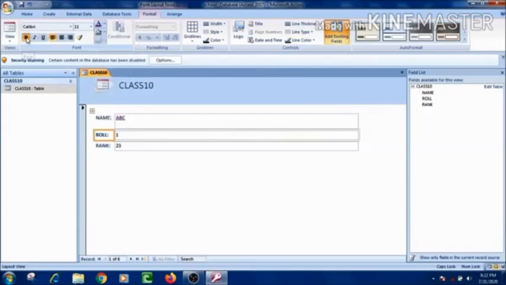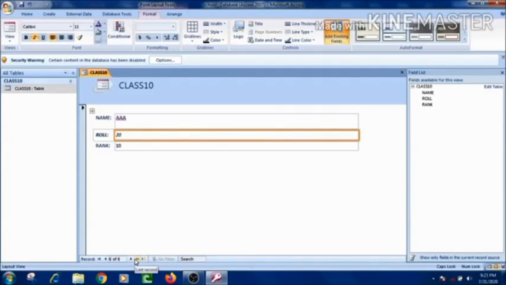And for the role also I am going to make it bold, and I am going to make it italic. Roll number 1 should be represented as italic. If I am doing formatting in one field, then it will be reflected in all other fields. Suppose that in this table there are 6 records, then in the form we can see we have made the changes in the record number 1, but it will be reflected in all the records. We can see the formatting applied in one record is reflected in all other records.